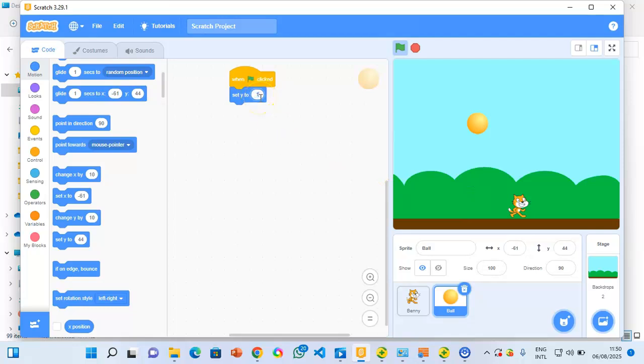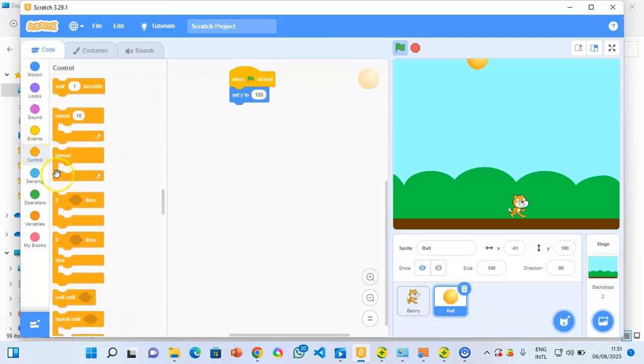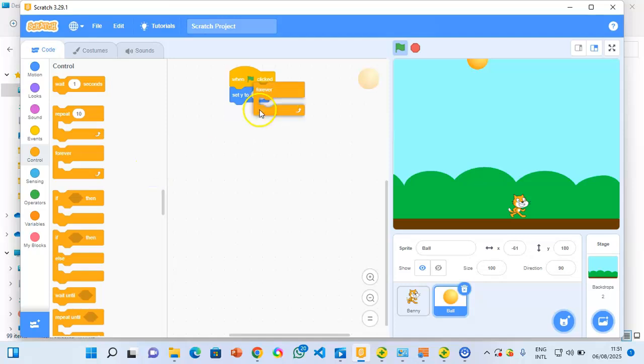Okay, if you put 360, it's going to rotate. So this is 180. So it goes all the way top. All right, so we will get our control loop and get our forever loop, drag and drop here and snap it in. So now we want this to drop to the bottom, and to do that we will change the